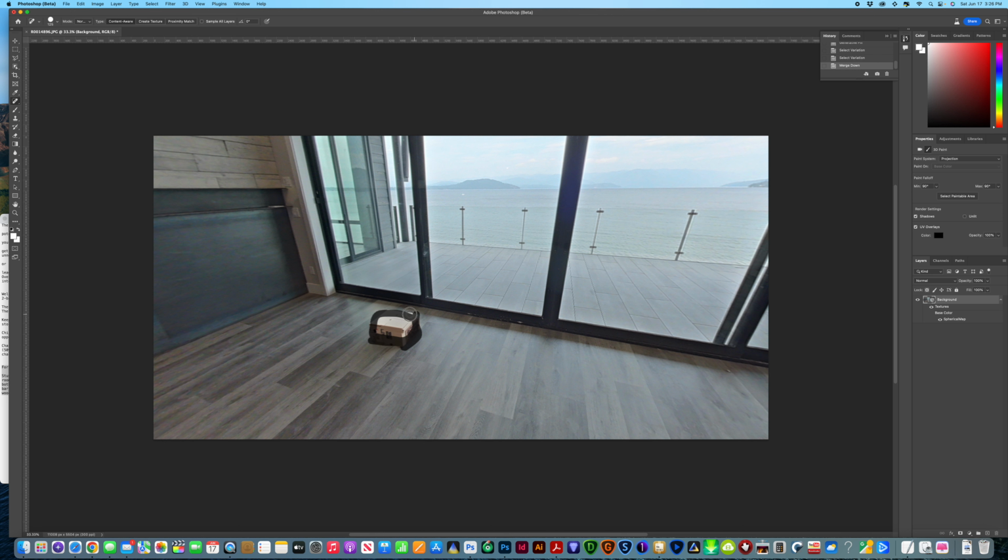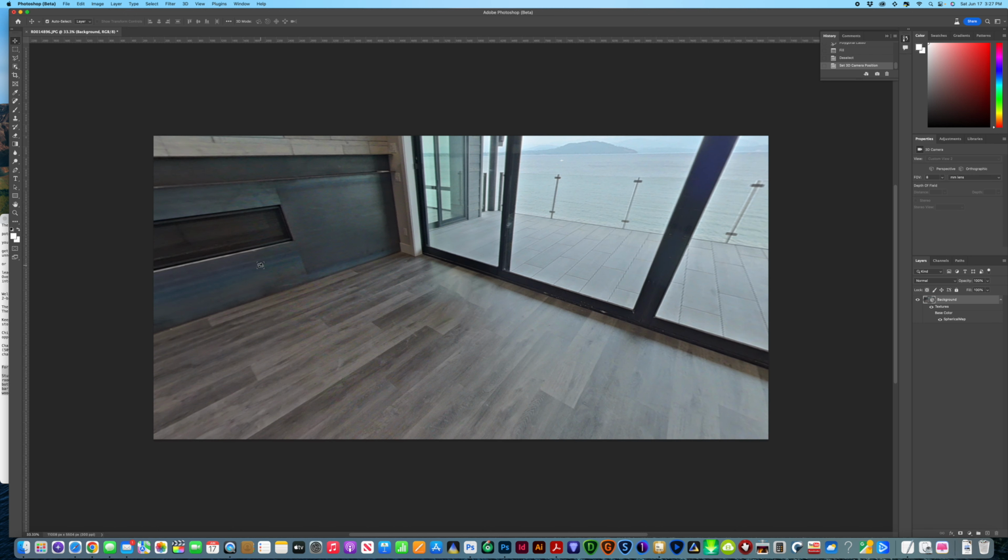Now this is still Beta, but it did a really good job of filling the window and the window frame in the back. So I'm just going to remove this little packing box that we have left. And I could probably clean that up a little bit better with just a little bit of fill. Not perfect, but it will work for these purposes. So now if I come back around,